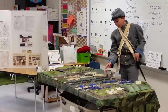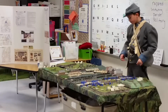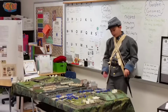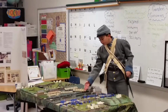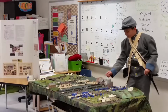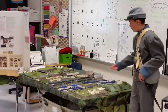So the Union muskets fired on the Confederates. So as they were climbing the fence, they were just getting massacred. After that, they got to the second fence. It wasn't as much of a problem because it had holes from the Union artillery firing at the Confederates. So as they were going through, they were taking even more casualties now that the cannons and the muskets were firing on them. So even though they had thousands and thousands of dead, they eventually got to the